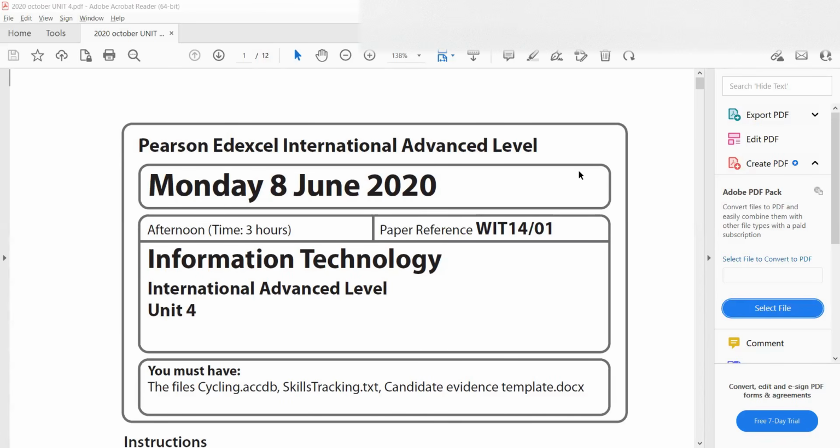Hi everyone, today we'll be discussing the June 2020 paper, but also keep in mind that I'll only be doing the query questions in this paper, and then I'll be doing the report questions in a different video. So let's get started. If you watched the previous video where I gave you a walkthrough of the format of the Unit 4 paper,